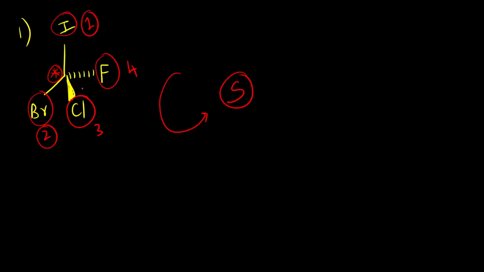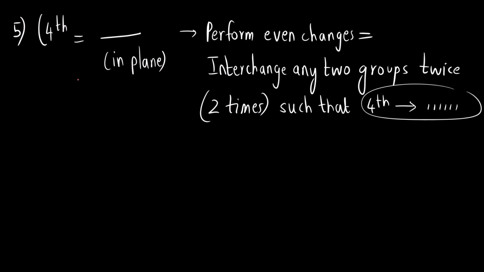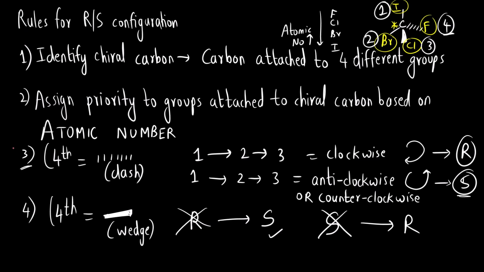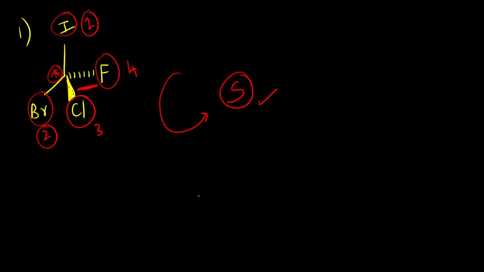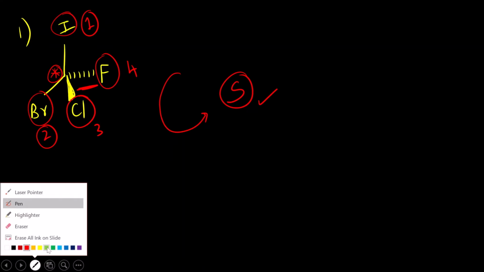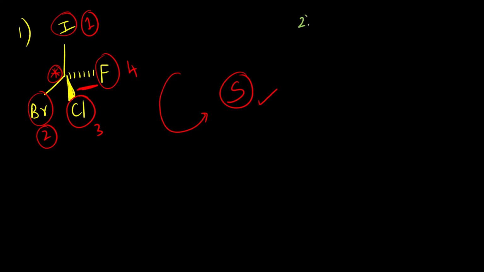Okay. Now check the fourth priority group. Fourth priority group is on the dash bond. So you will follow rule number 3. It is anti-clockwise. It will remain S. That is the correct answer. Okay. Now suppose, now the second molecule, what I will do is,